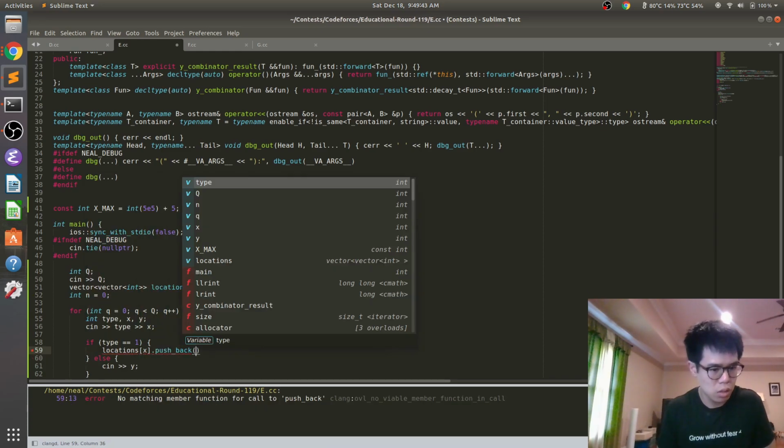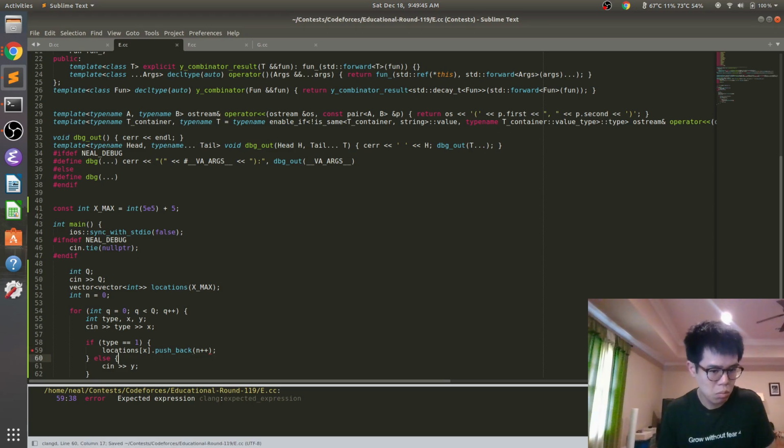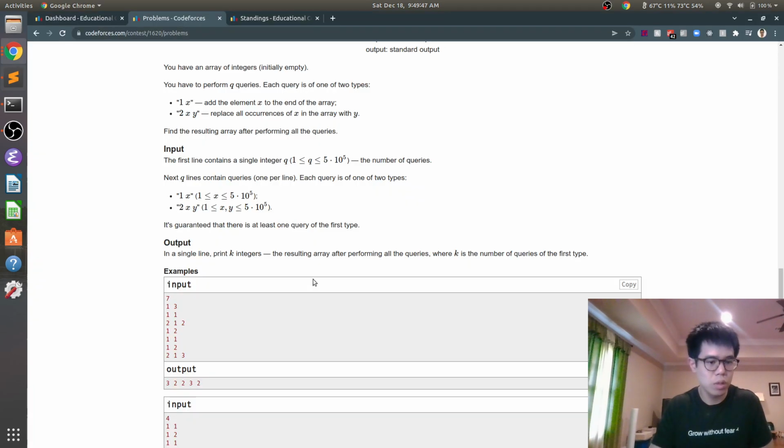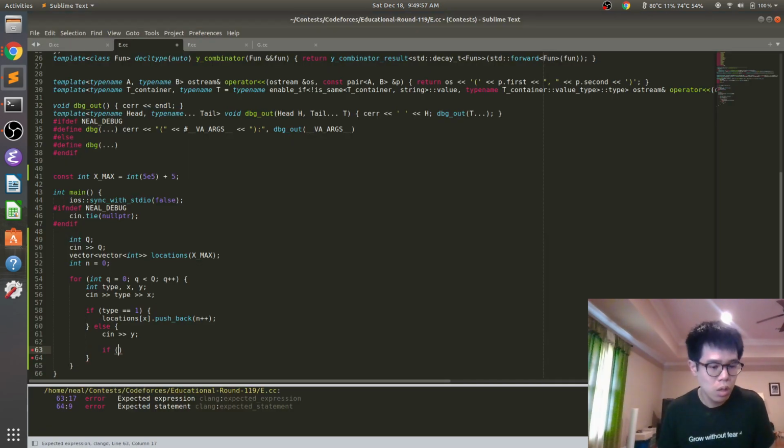Locations, text. We're going to replace all the x with y. If locations y dot size, if locations x is bigger,